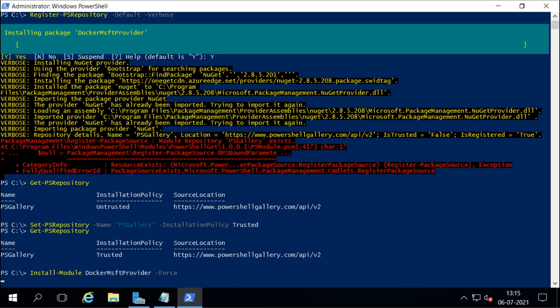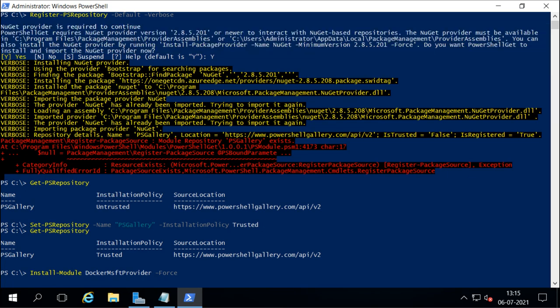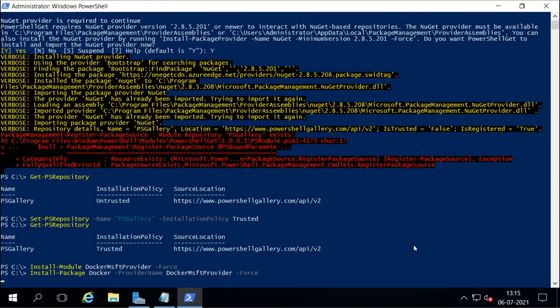So we are going to install the first DockerMsftProvider module, and remember you need an internet connection for all of these, and it is going to take a little time. It is installing these packages.